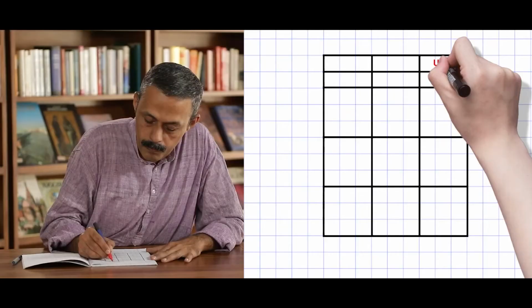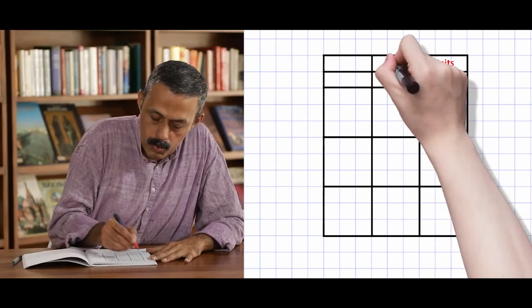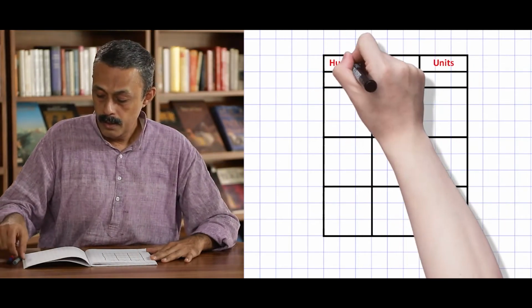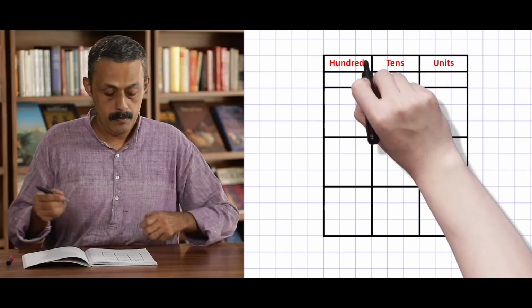Let us look at doing the carryover addition using a square line book in the representation stage. 345 plus 267. Let us start with 345 units, tens, hundreds. Now, let us start solving the problem.